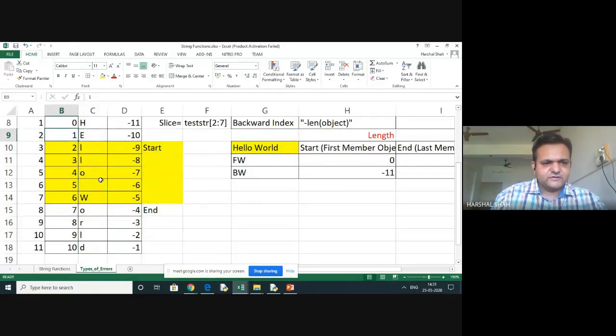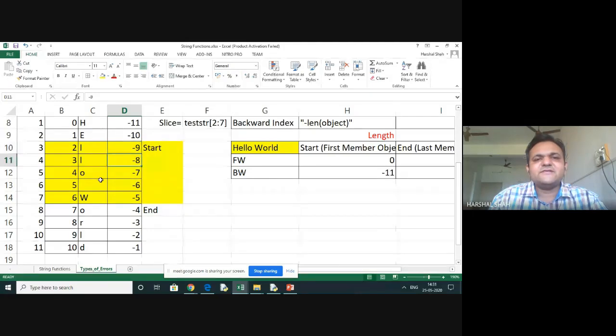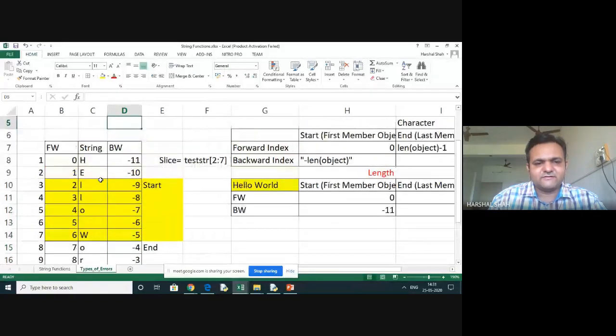What we have done: 0, 1, 2, 3, 4, 5, 6, 7, 8, 9, and 10. So this is exactly length -1. And now you can see that in a backward, it has started from -11, -10, -9, -8, -7, -6, -5, -4, -3, -2, -1. So this way the indexing is working.